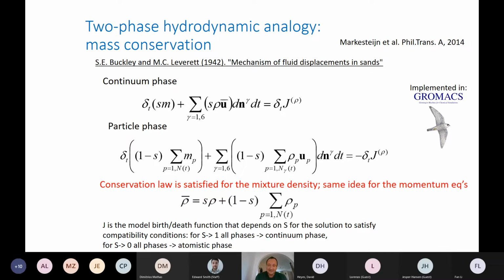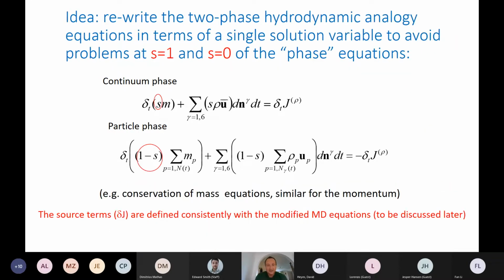We haven't done the same with the energy so far. And those source terms J can be defined in accordance with how fast you want those two phases to mix one with another. Now the parameter S is actually the user-defined parameter, and this is what you can define in